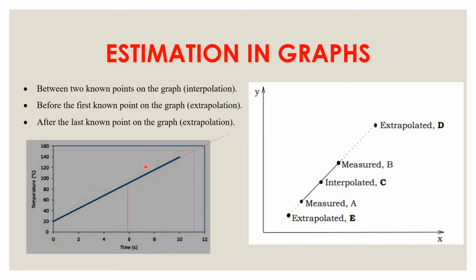If I want to make a prediction between two measured points, within the graph, where there are a lot of measured points, I am going to just take the ruler, draw it across, and then I will be able to take the reading and make the estimation. This is known as the interpolated graph. Two things to remember when you are using a graph to make an estimation: you will be able to make an extrapolated estimation or an interpolated estimation.